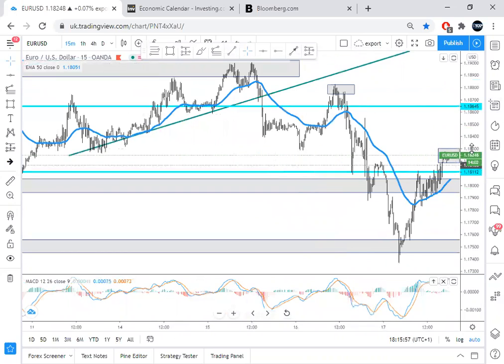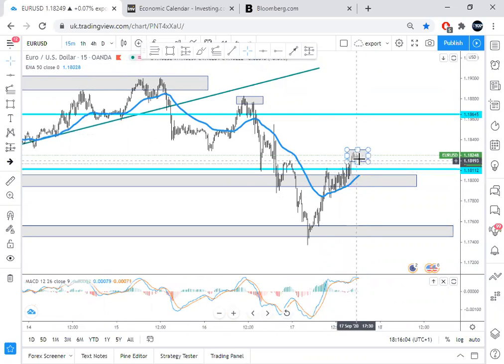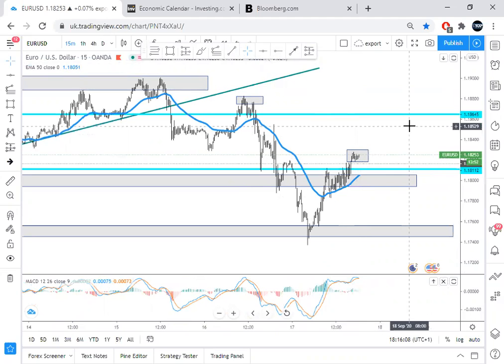We can clearly see, if I zoom out, after a strong downtrend, finally euro is making a new higher high. So it made a new higher high, currently ranging. Usually a ranging market in an uptrend means that it's going to go upwards. So we're closely watching how euro plays out over the next few days. Tomorrow is the last day, so we could see both GBP and euro rise quite high, about 50-60 pips, even 120 pips, or more than 100 pips could easily be seen tomorrow in these